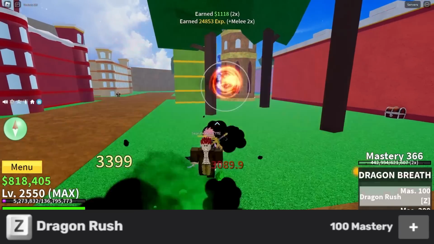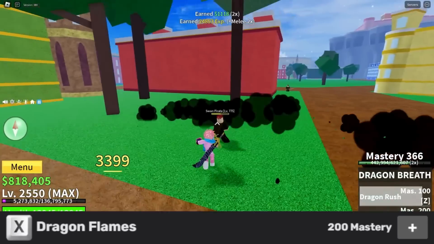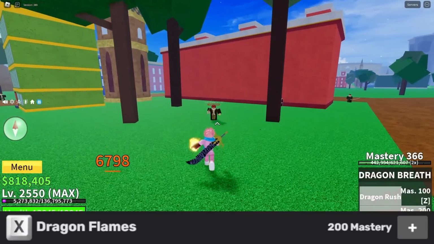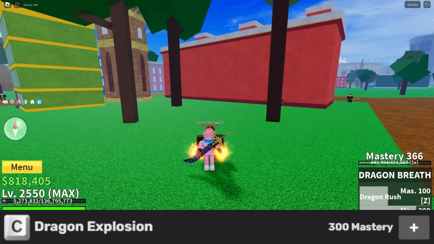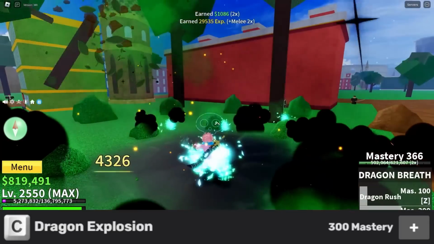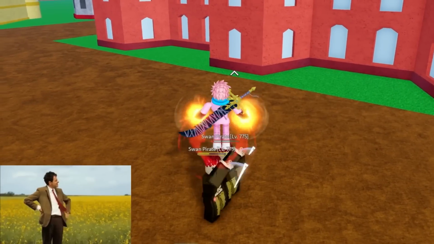First up, we got the Dragon Rush ability with the 100 mastery requirement, where you dash straight into your enemy and just pummel them. Then we got the X ability, which is called Dragon Flames, with a 200 mastery requirement. For this one, you shoot out spiraling fire. Next up, we got the C ability, which is called Dragon Explosion, and this is similar to the Bomb Fruit self-destruct ability, where you just kind of charge yourself up and let out a huge explosion